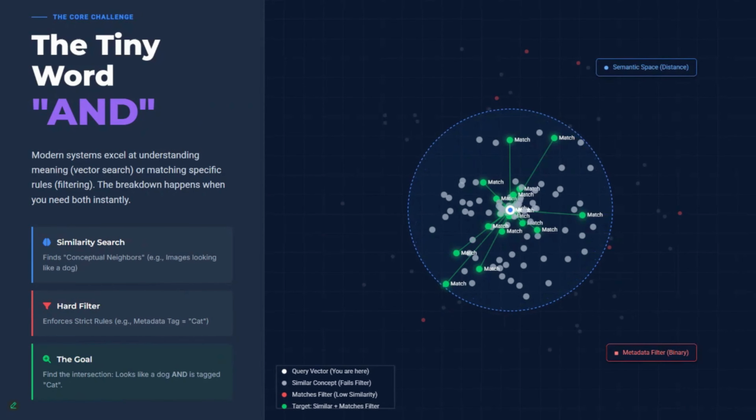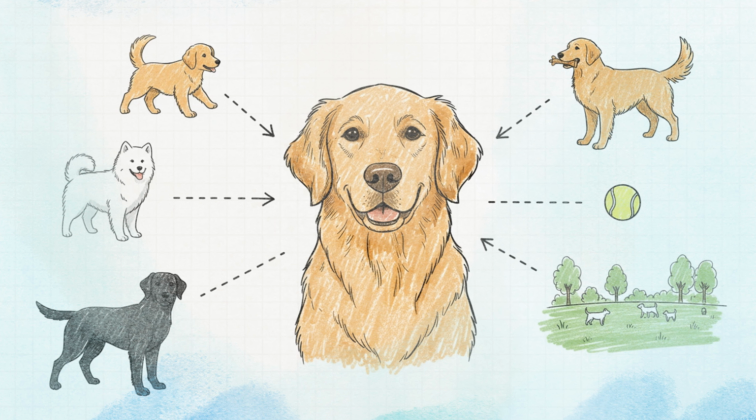Modern search systems, especially those powered by vector embeddings, are fantastic at understanding meaning. Think of an embedding as turning an image or a sentence into a string of numbers that represent its concept. Show the system a picture of a golden retriever, and it can instantly find thousands of conceptually similar images. That part is easy. Where things fall apart is when you want something that is conceptually similar and also meets